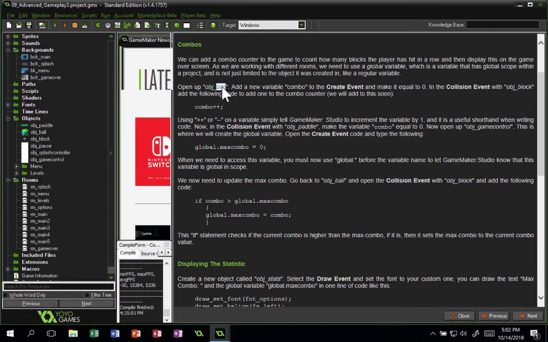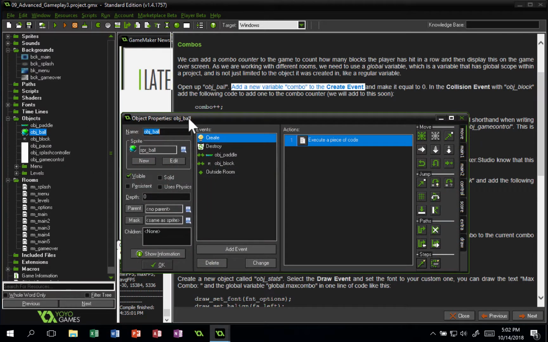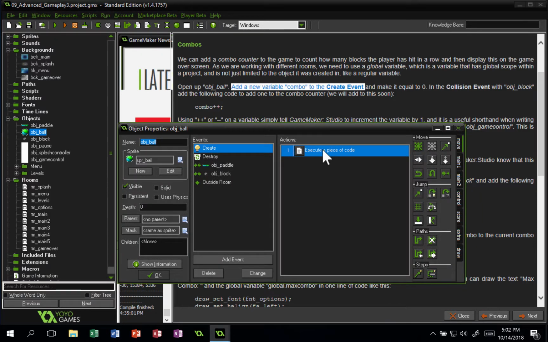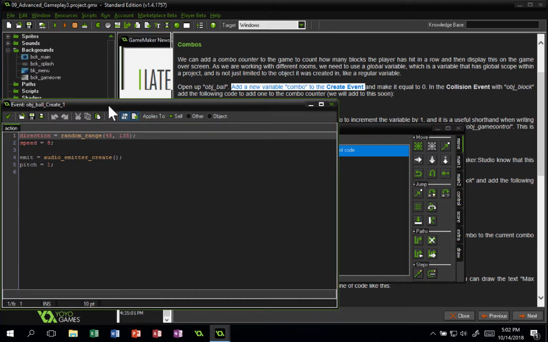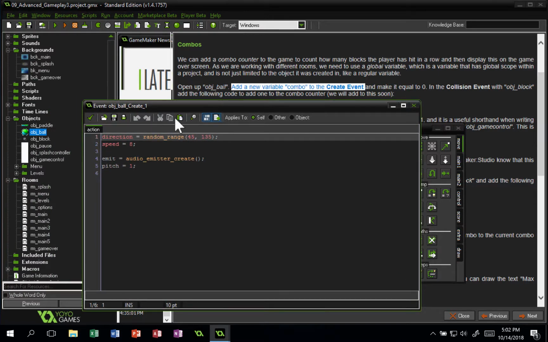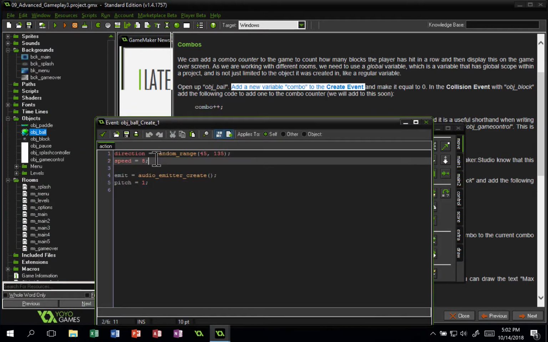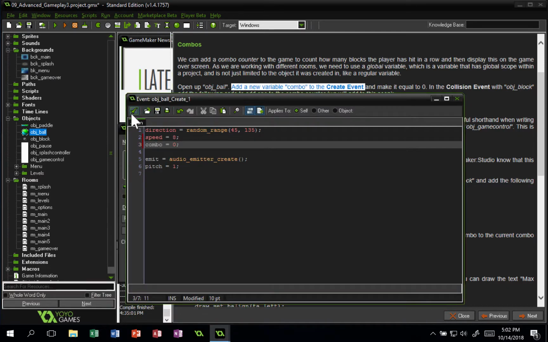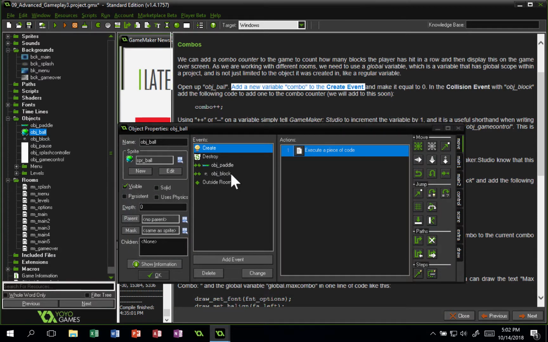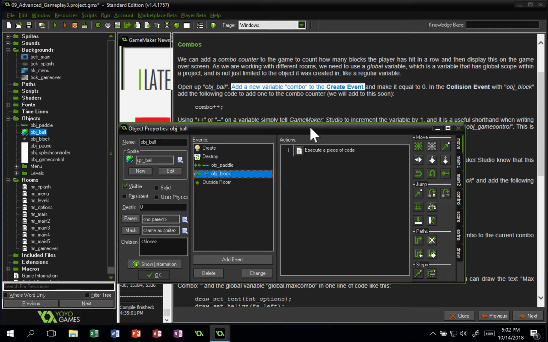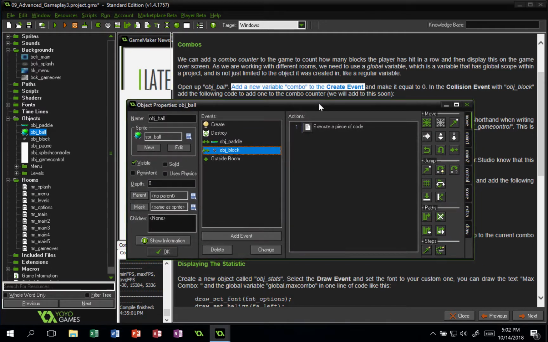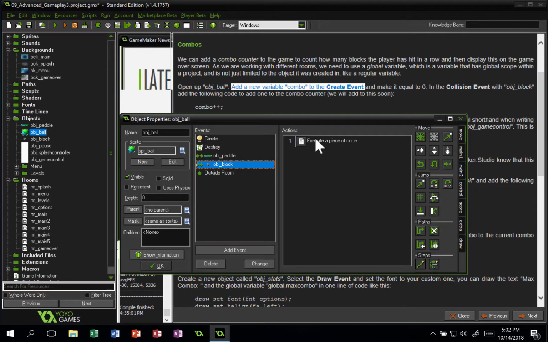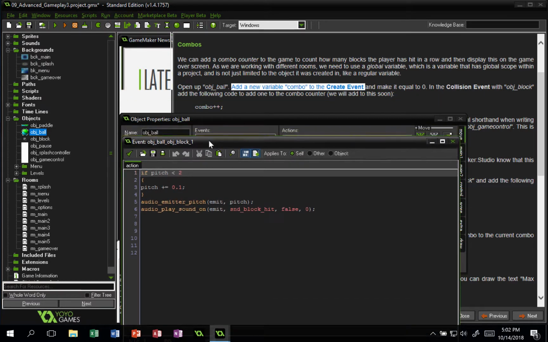Open object ball and add a new variable combo to the create event. So we're going to open object ball, and in the create event we're going to make a new variable, and that new variable is combo. Close this. Now in the collision event with object block, add the following code